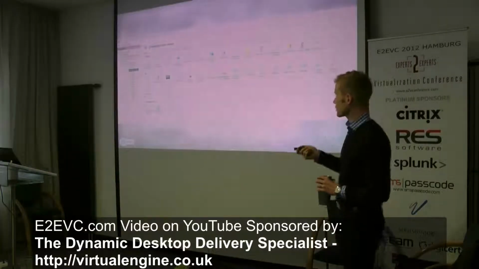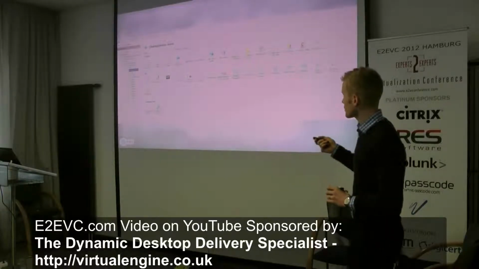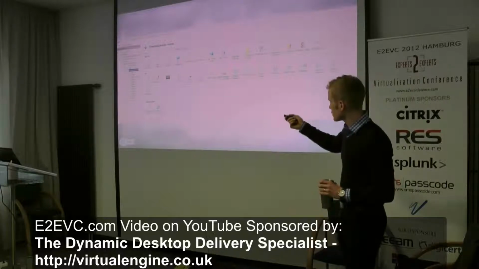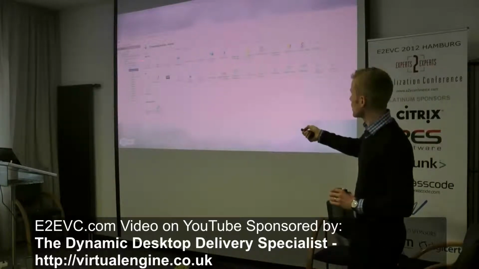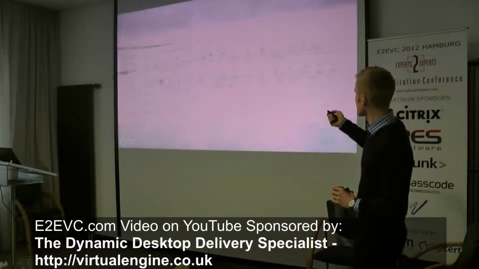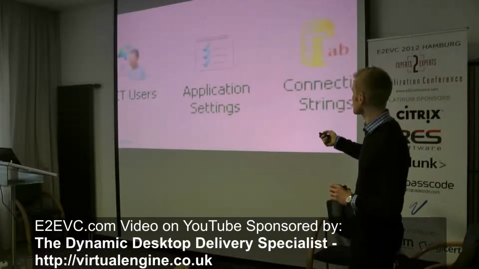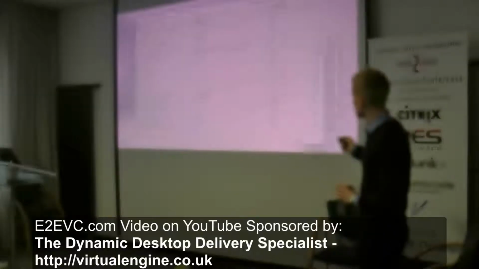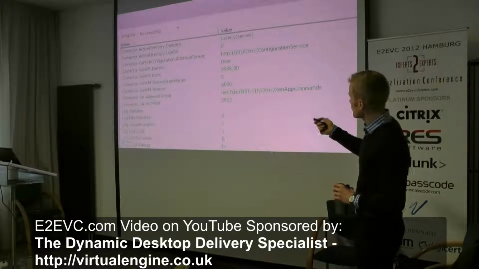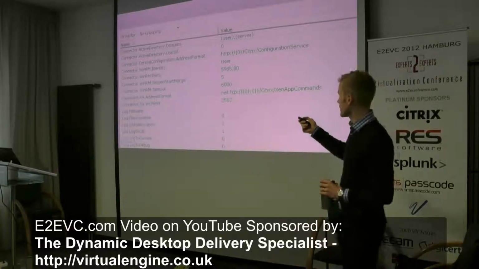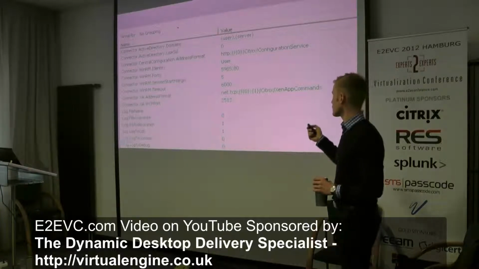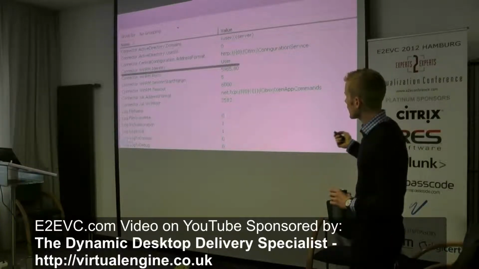So a lot of the configuration is done through the IIS console. So you go to wherever you've installed the site, and you'll see the Desktop Director site up there. Most of the configuration is done in application settings. So in application settings, up here you've got connector.winrm.identity. By default, that is set to user. What that is: